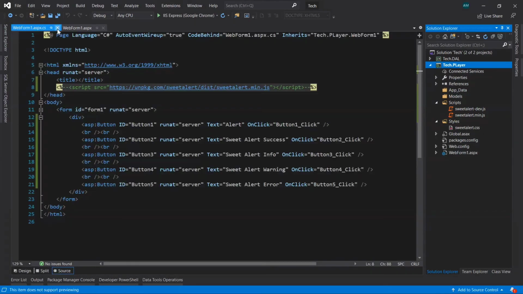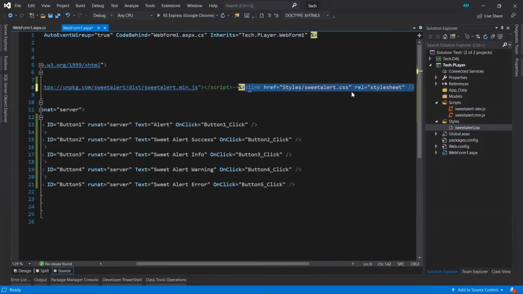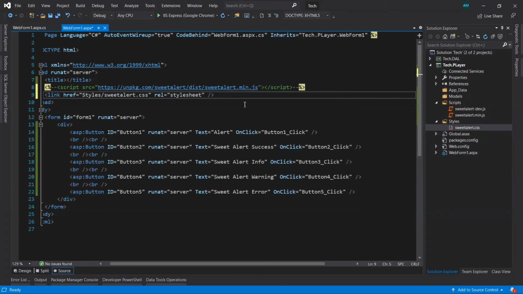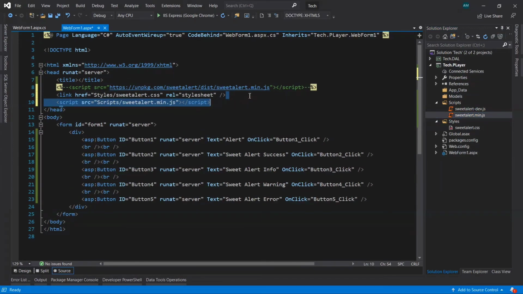So let's close this and drag and drop this first CSS file inside the head part. Enter, and then let's take the JavaScript file for the sweet alert.